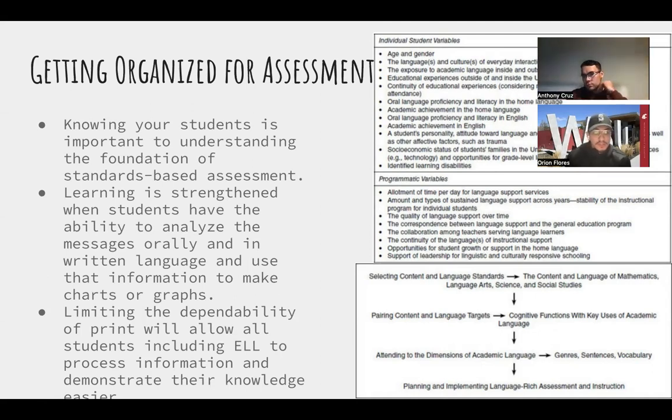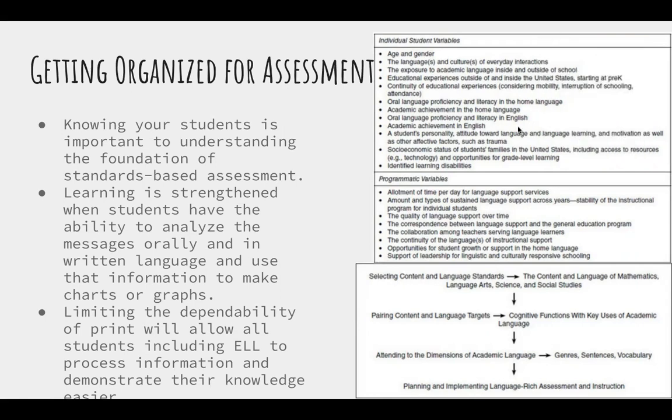Learning is strengthened when students have the ability to analyze the messages that they're trying to articulate orally and in written language. And you can use that information to make charts or graphs. Limiting the dependability of print will allow students, including ELL students, to process information and demonstrate their knowledge easier.